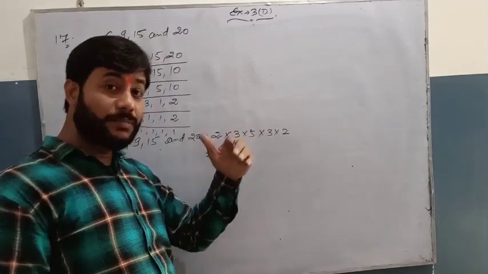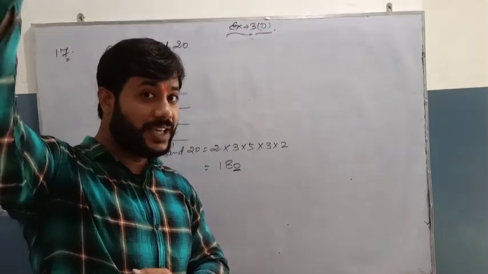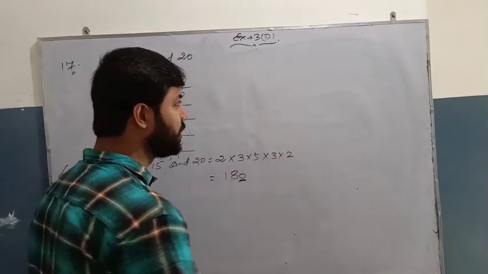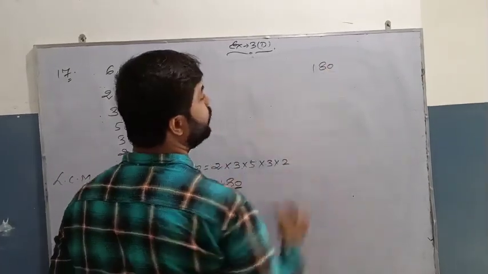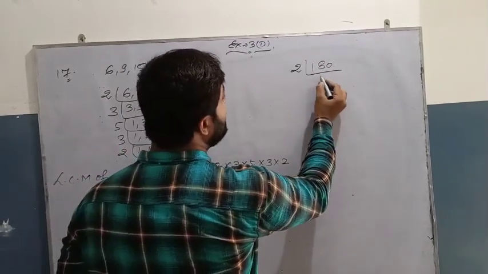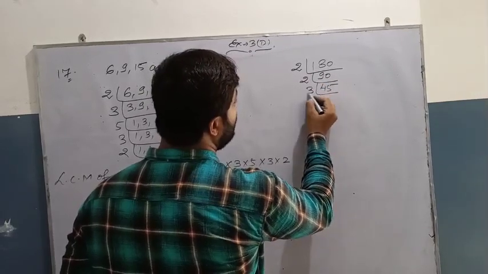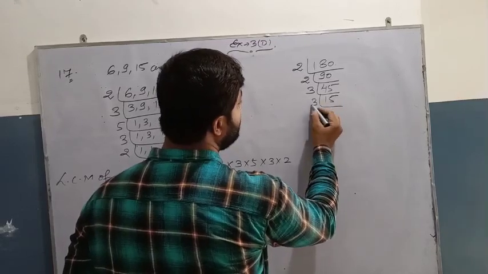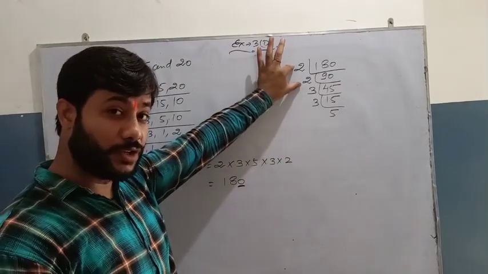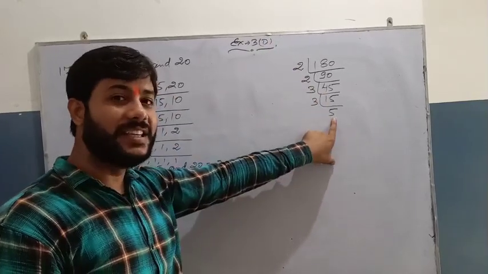So now we will have to make it a perfect square. We will have to make it a perfect square by multiplying by the least number, as we have done earlier. For that purpose, we will go for its prime factorization. So prime factorization of 180, right? We'll go for 2, easily divisible, 90. Again 2, 45. Now 3, 15, 3, 5. Now what do we get? Here we have a set of 2s, a pair of 2, a pair of 3, and 5 is single.